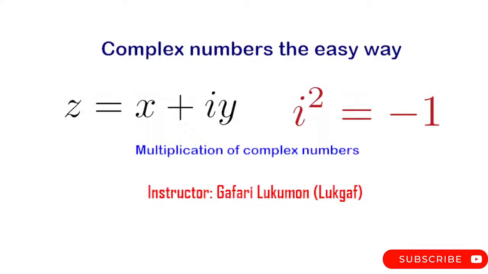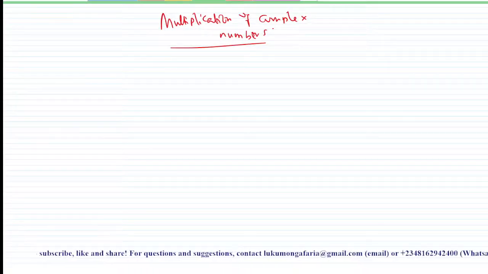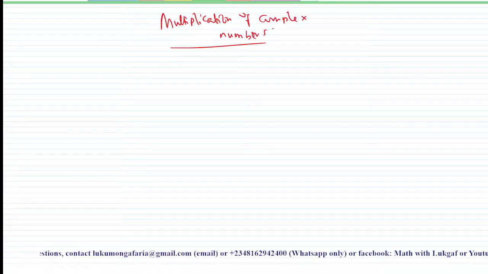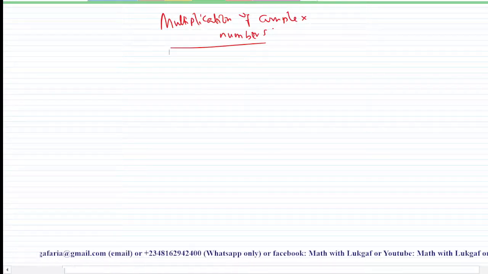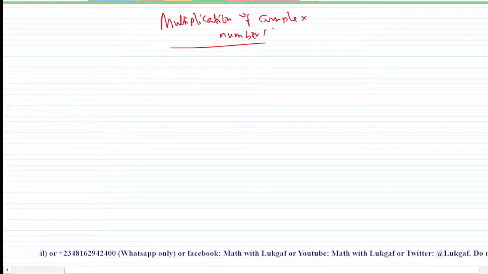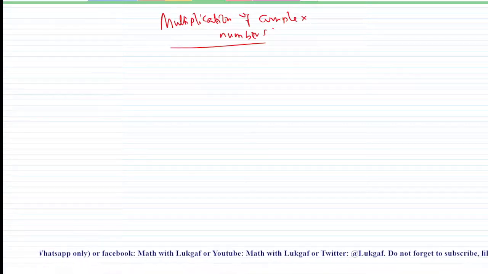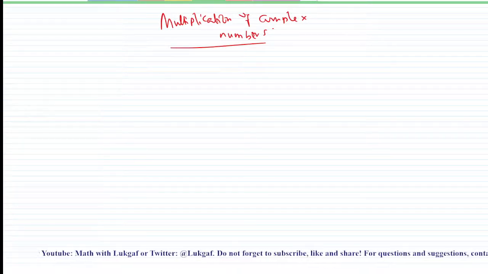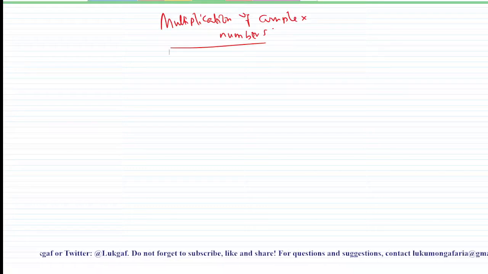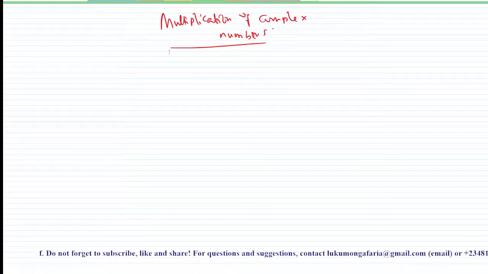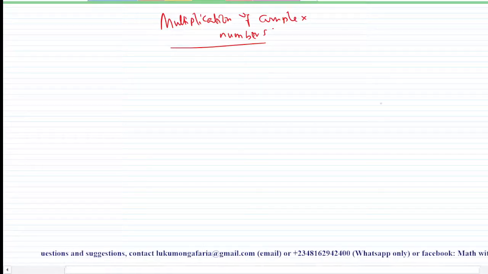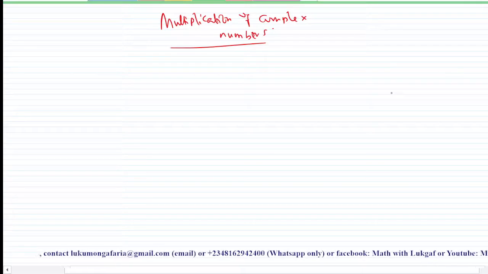Welcome back. In this video, I'll be explaining how you can multiply two complex numbers together. In the previous video, I explained how you can add or subtract complex numbers. And don't forget, I made mention that the principle of adding or subtracting in real numbers is similar to that of complex numbers. Just that if you are adding or subtracting complex numbers, you have to group real with real, imaginary with imaginary.